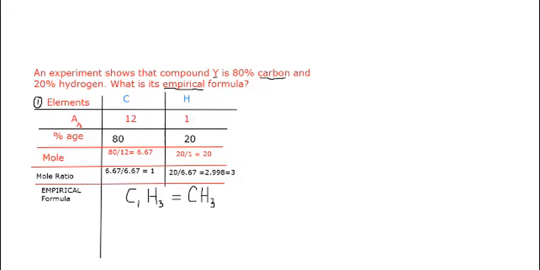We do not know the name of the compound. Did you get this? Okay, now tell me the last point. CH3. I'm also saying that empirical formula means simplest ratio formula. Now, what ratio have we found for carbon? According to the calculation, the ratio of carbon is 1, and the mole ratio of hydrogen is 3. This 1 has been mentioned here, and this 3 has been mentioned here. Because we do not write 1, you can also write CH3.